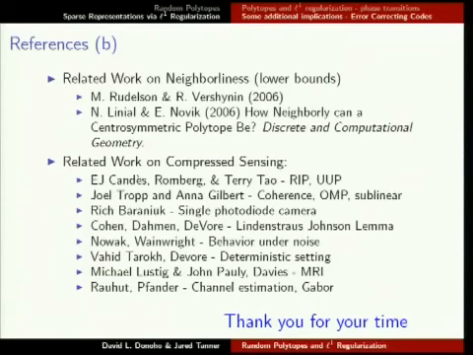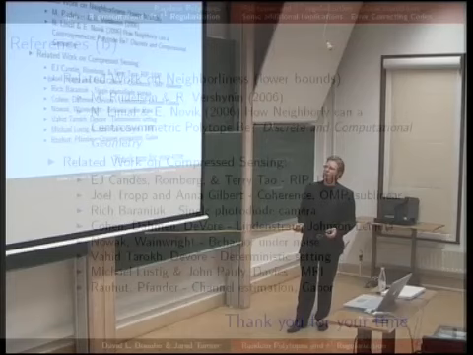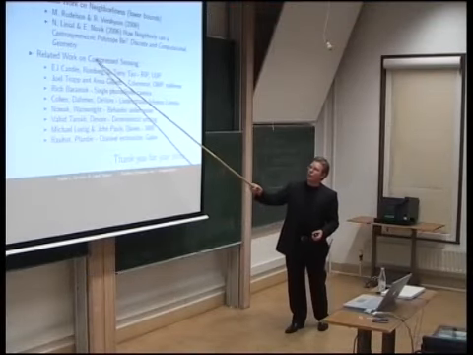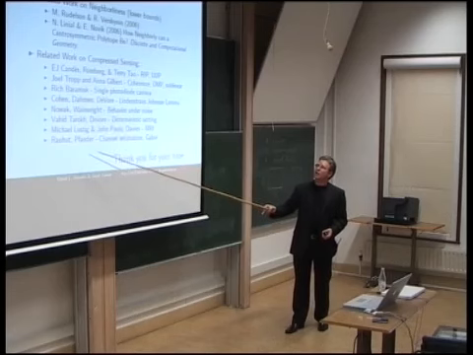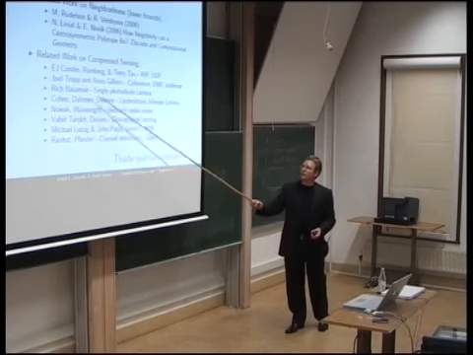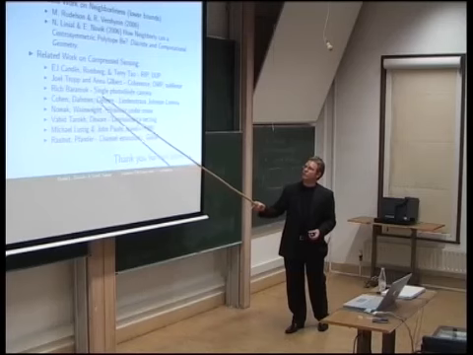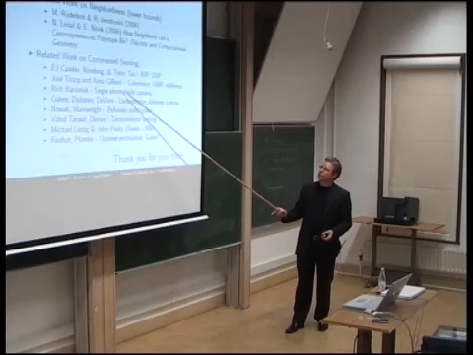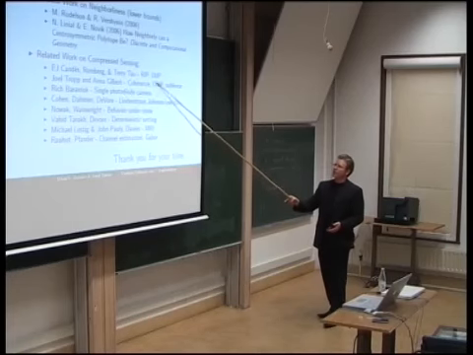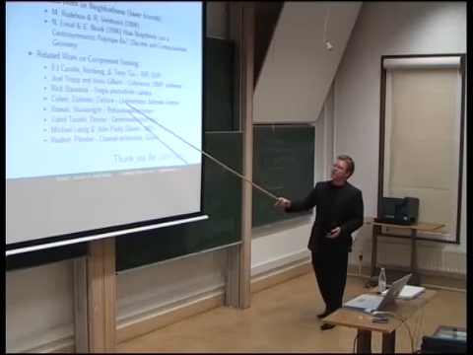Some people are working on this from ideas of geometric functional analysis, such as Rudelson and Vershynin. Some people are looking at this kind of problem directly in terms of polytopes. So Linial and Novik have some recent results looking at how neighborly centrally symmetric polytopes can be. That would be the projection of the L1 ball. And then there's a whole slew of people working on compressed sensing. Some of the experts are here. Emmanuel, of course, and Dave, the two inventors with Tao, Romberg and Tao,